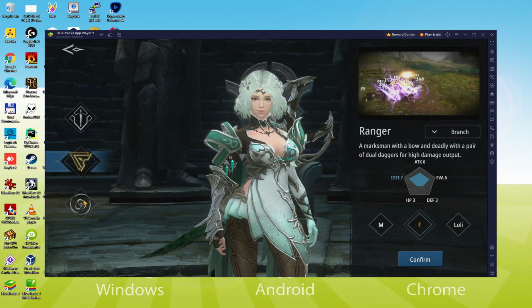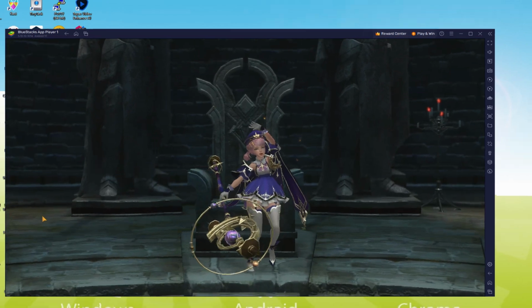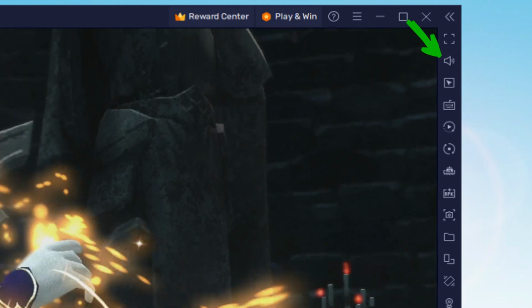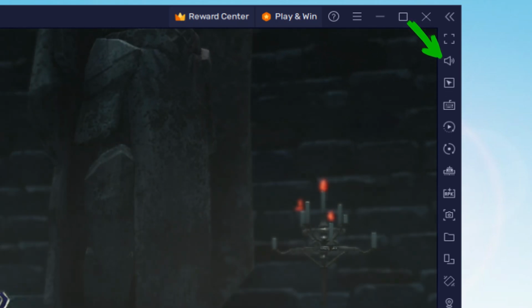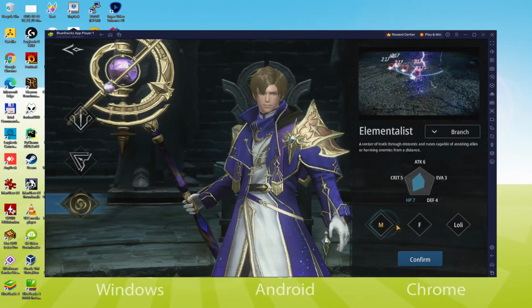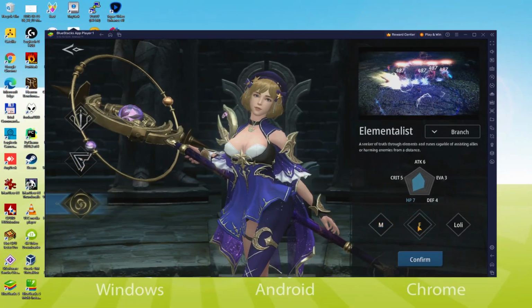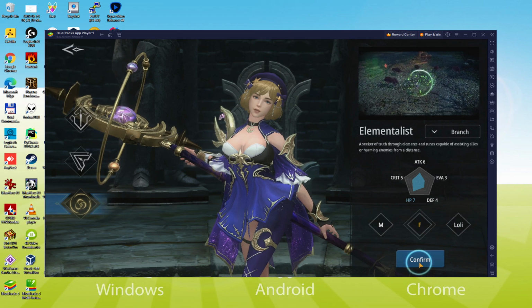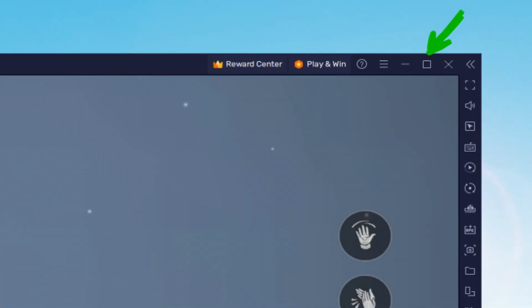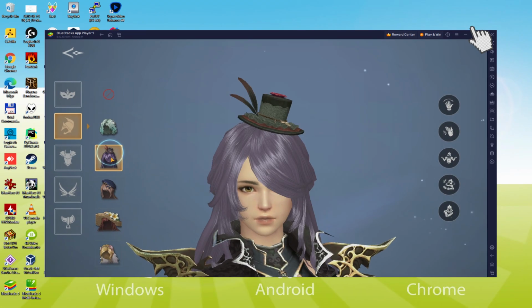I am going to comment on the volume level of this emulator. This is right here. We use the icon of higher volume along with the icon of lower volume. This way we are not going to use the Windows volume to increase or decrease the sound experience of your emulator. And also to appreciate the experience to the maximum, we can switch on the large monitor, for which we have two alternatives. This one is simply the very first one. We simply click on this icon which I'm showing in green color.